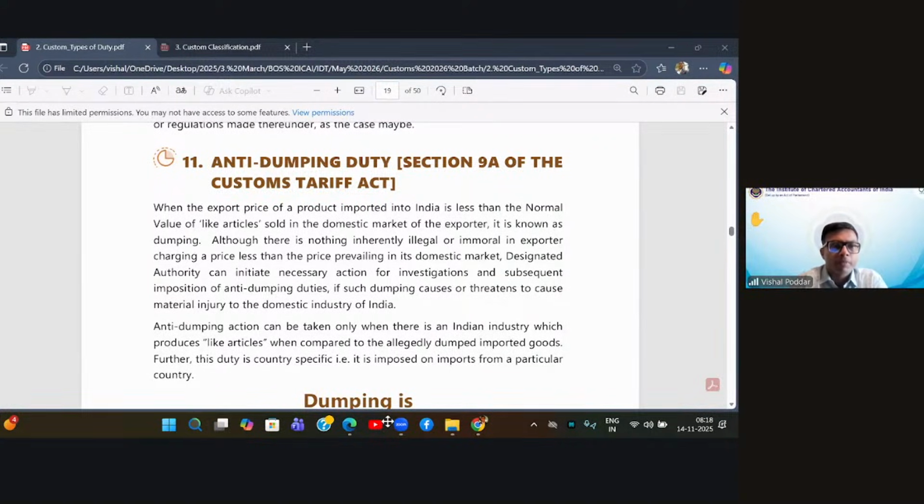See, understand this. By imposing this duty, the government is not creating any loss to the foreign exporter. Like today, when Trump has imposed huge tariffs on Indian products, who is bearing the cost? It is being borne by their domestic people only. But then, why do countries or governments resort to these practices? See, when tariff is imposed by Trump on Indian goods, what has happened? Indian goods have become costly in the US market.